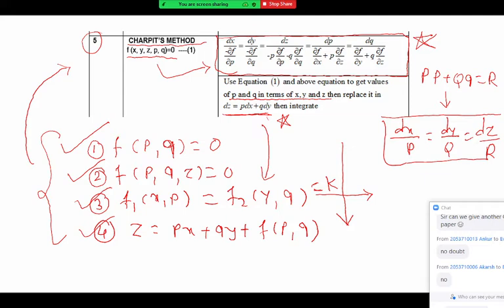And lastly, there are only 3 solved examples in our textbook, B.S. Grewal, and those 3 examples come in rotation in every question paper. So over the last 5 years, if you take regular as well as backlog papers, you may get a minimum of 10 question papers.